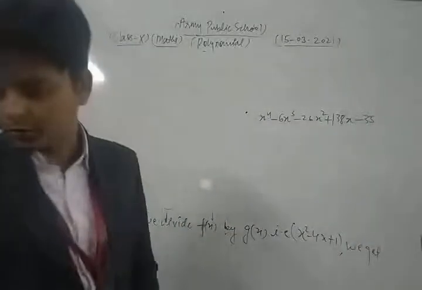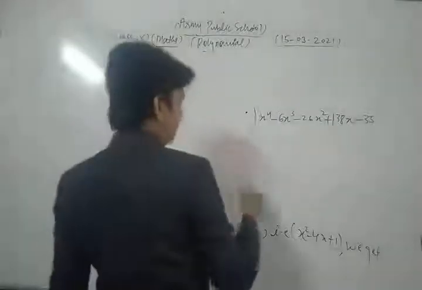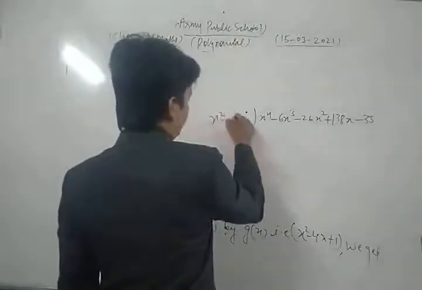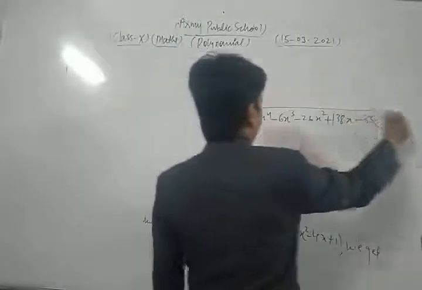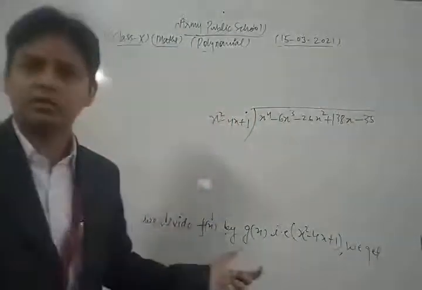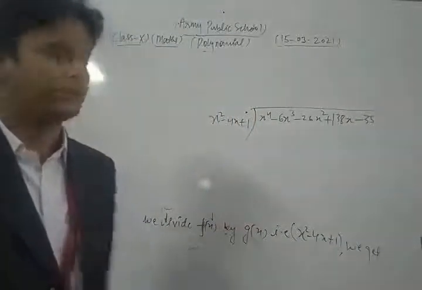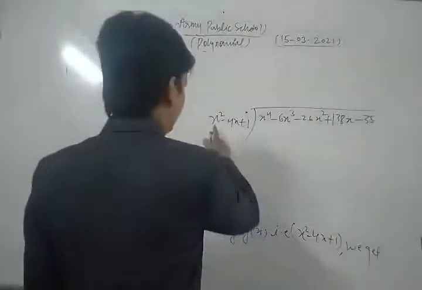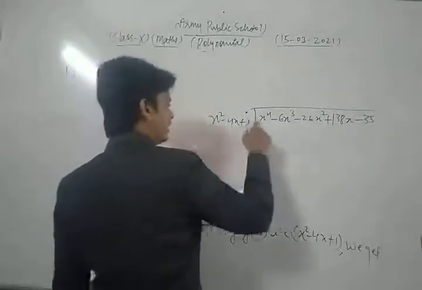Thus, that's it. We just divide by x square minus 4x plus 1. Let's see what is the process. Just I discussed about that. What is the process to solve that type of question? Let's see. So x square, coefficient is 1 here, also coefficient is 1.